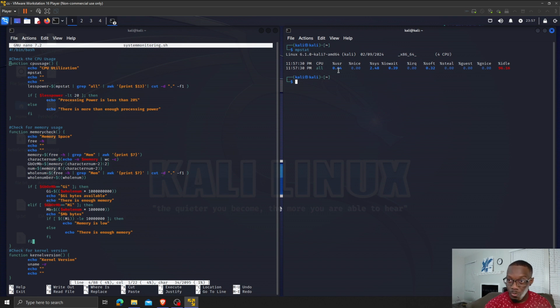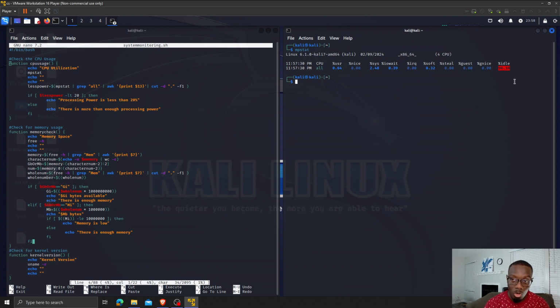Boom. Now this shows exactly what I wanted it to show. It shows the use of the processor in each of these categories. Now what I'm the most interested in and what I use in the code is this at the very end, 96.16. This is the idle processing power here, and this is what I need to know. That's the reason I used it in this code, because I knew that if I knew the idle processing power,